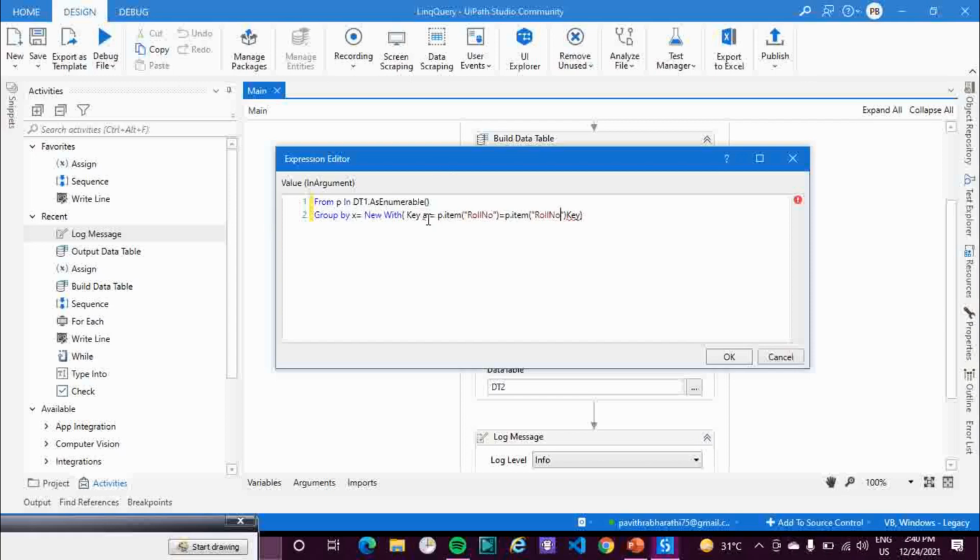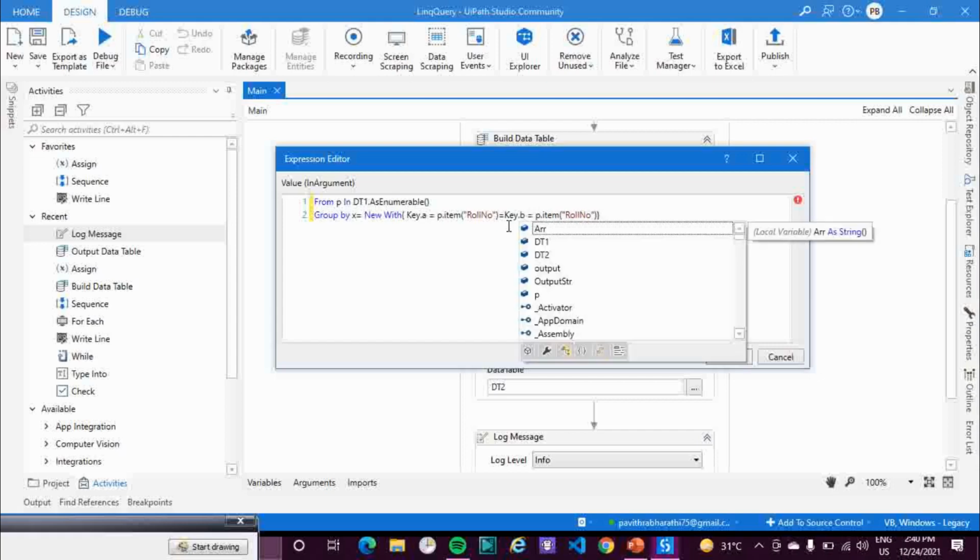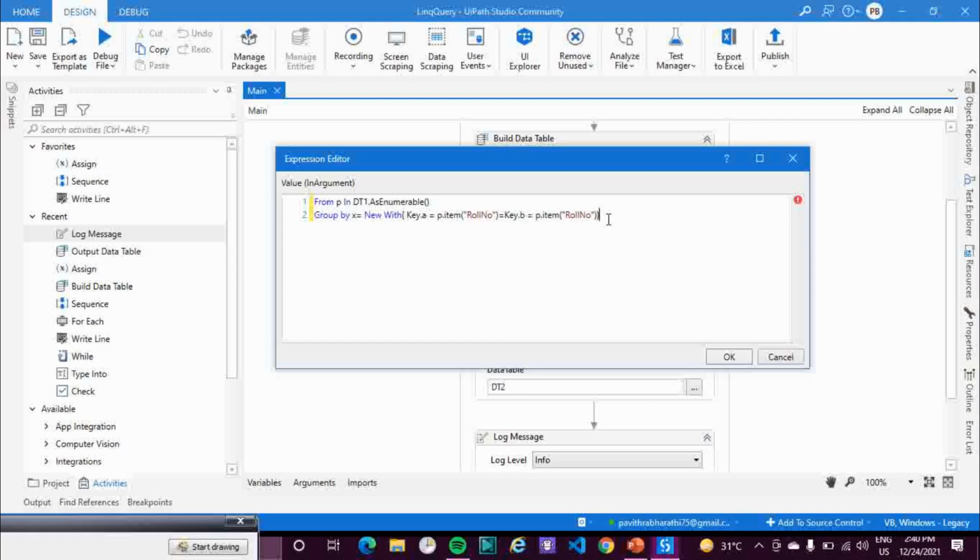I again missed something over here. I need to add the key part, that is key dot A. Now I'll copy that, and key dot B is equal to this one. It's not done yet.